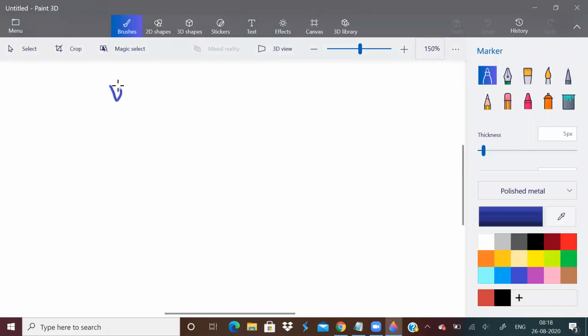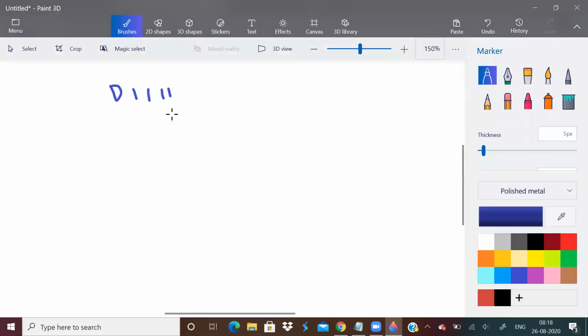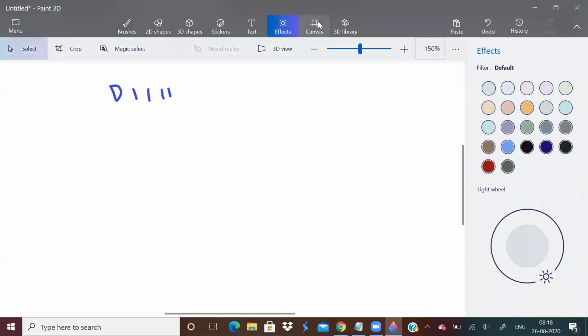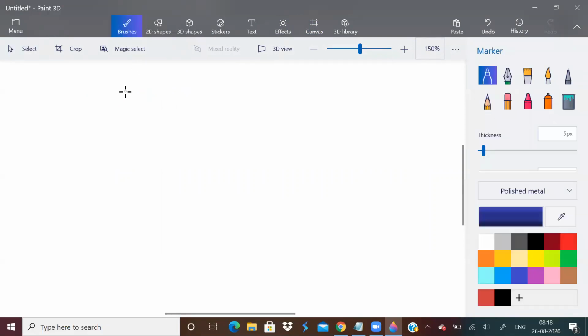Let's say the string is 0, 1, 1, 0, 0, 0, 0.